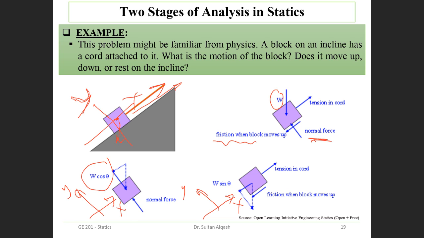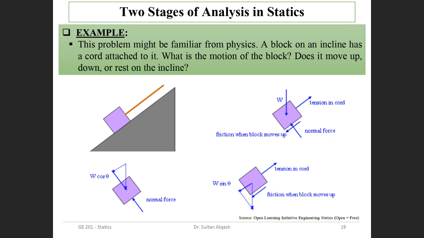So I have to find the components in the xy axis. So this is why you have this direction. It is in here. So this is the component of this one, w sine theta, and this component is w cosine theta. You know that. You know that because, guys, do you know it or not? I think you know it because the inclination is theta. So if you make your coordinate, it will coincide with the inclination.